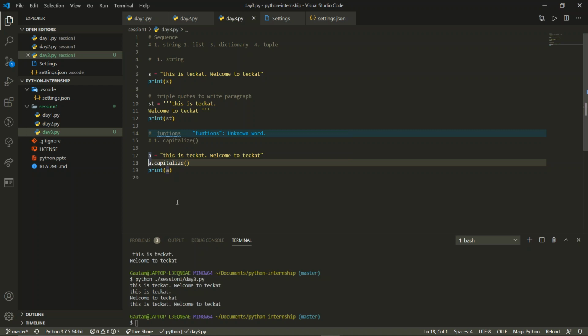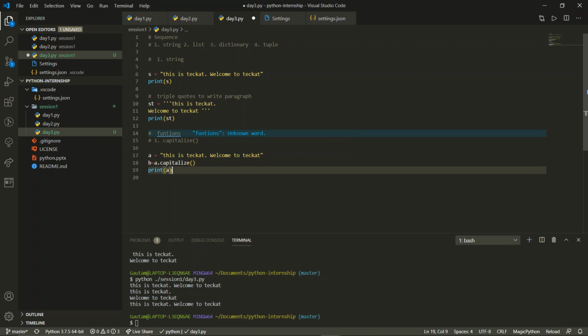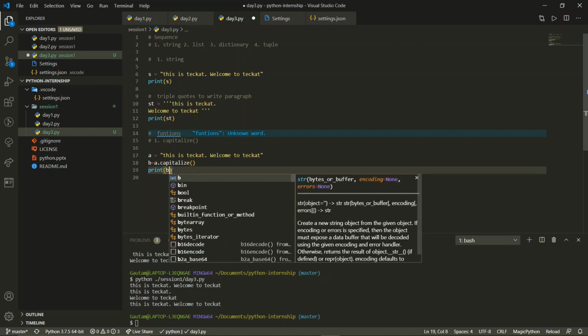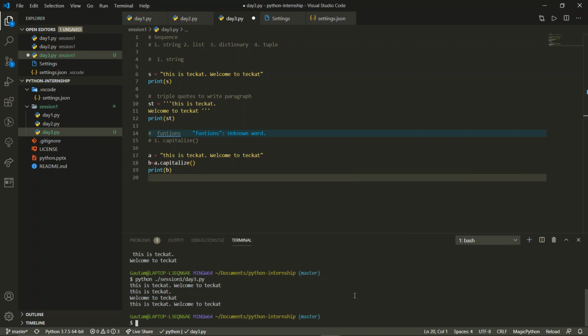If you are not getting the change directly in a, that means you need to store it. So let me take a variable B, and I will just print B over here. Now you will find the change. If I execute this, you will find T is capital automatically. Over here T is small, but over here T is capital, and the rest everything is small. Over here we have written W as capital, but over here W is small.